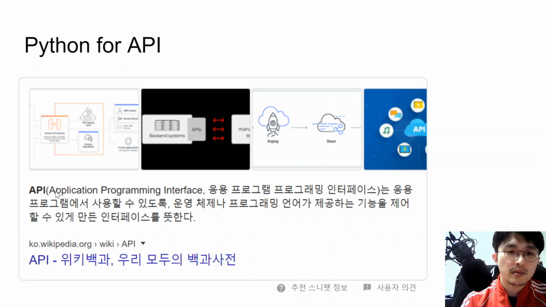API means application programming interface. So if you once develop an API, then other developers, other programmers, can use this API for their own purposes. So your own data can be parsed into an API,